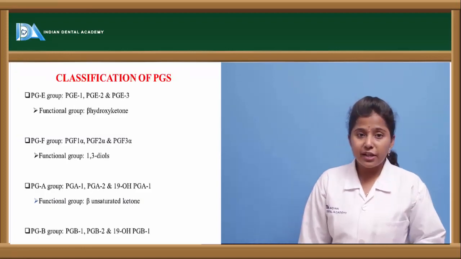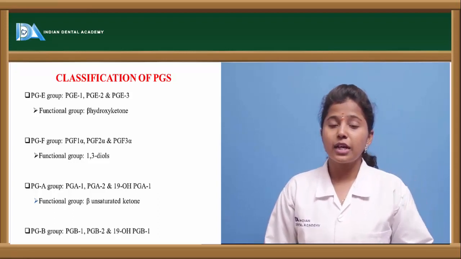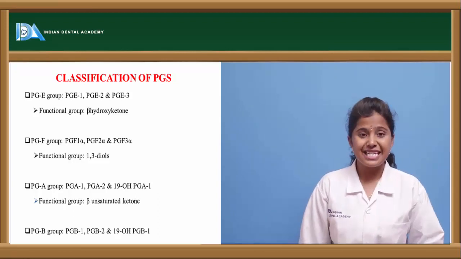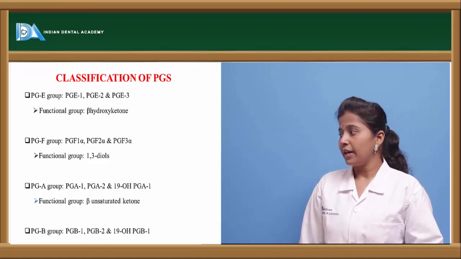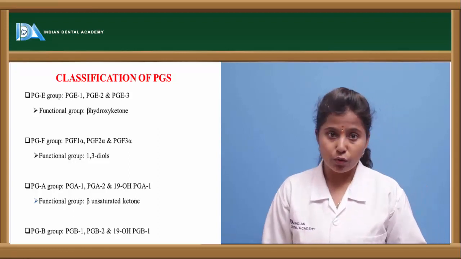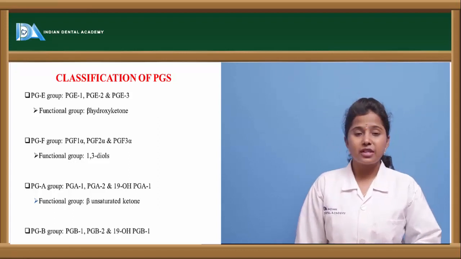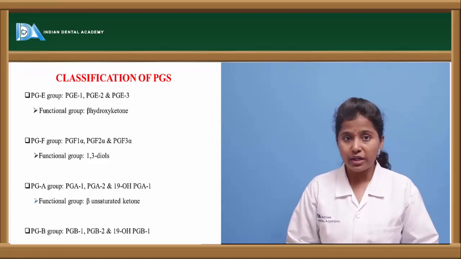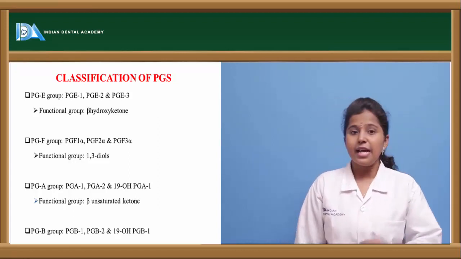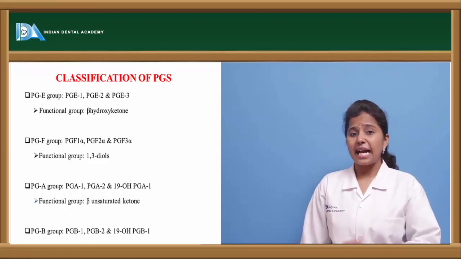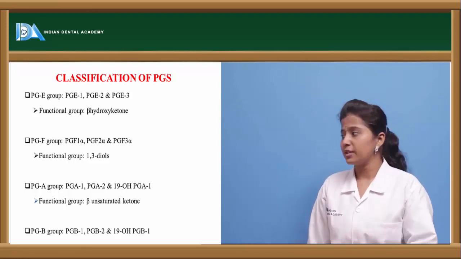Let us see the classification of these prostaglandins. Prostaglandins are classified into PGE, D, F as well as PGA and PGB. We'll see the subclasses of this. The PGE group is further classified into PGE1, E2 and E3, and this PGE is categorized based on the beta hydroxyl